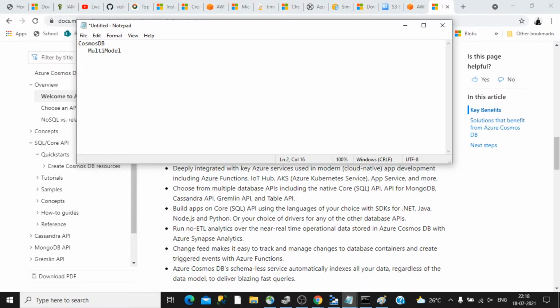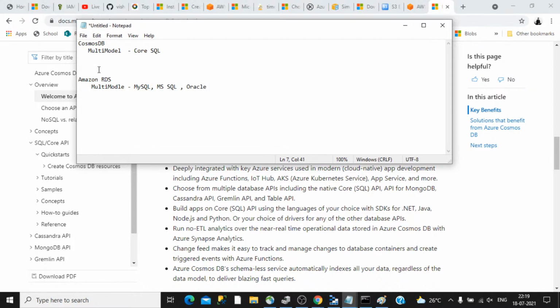You can select different types of ways by which you can interact. So I can show you that one way. Earlier you might have understood about RDS in Amazon, the relational database. That was also a kind of multi-model where you have the option to choose SQL, MySQL, or MS SQL, or Oracle, or whatever.